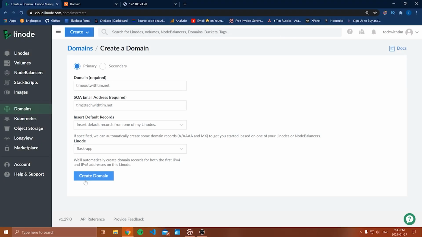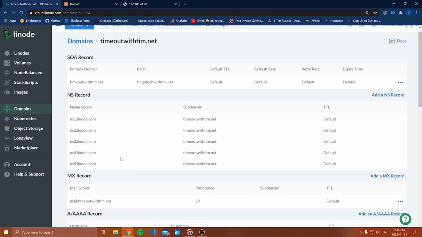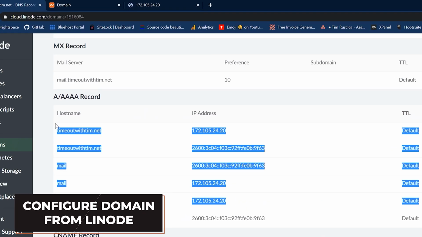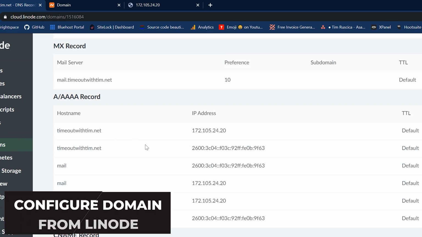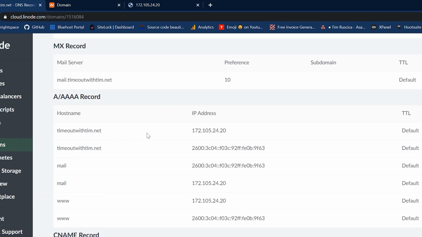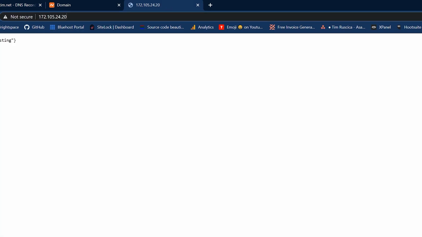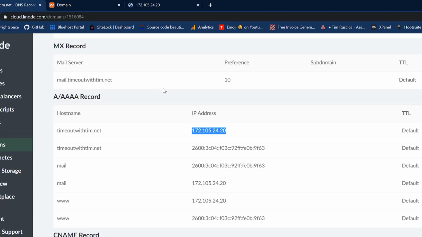All right, so you can see that our domain is now set up. And notice that we have all of these A records that were automatically added for us. What an A record is, is just an address. That's all it stands for. So you have a host name, which is like your domain, for example, and that is going to point to a specific address. In this case, we're pointing to the address of our Linode server. So we're saying timeoutwithtim needs to point to whatever this IP address is,